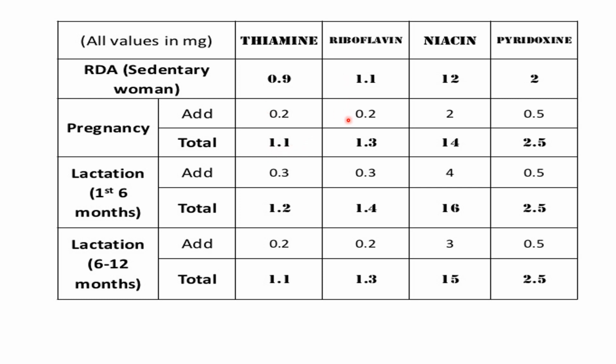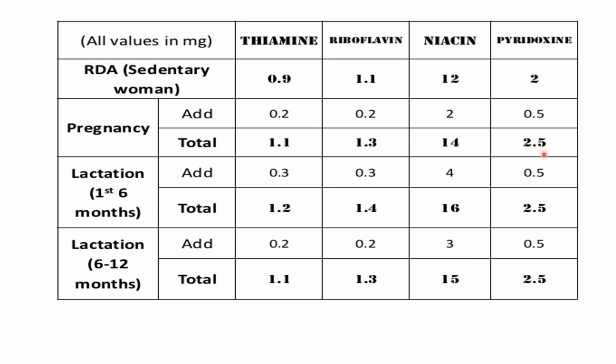And for riboflavin we are supposed to give 0.2 milligram additionally, so the total requirement will become 1.3 milligram. And niacin also we are supposed to give 2 milligram additionally, so the total requirement will become 14 milligram. So the last one is pyridoxine. The additional requirement is 0.5 milligram during the pregnancy, and altogether this 2 and 0.5, the total requirement will become 2.5